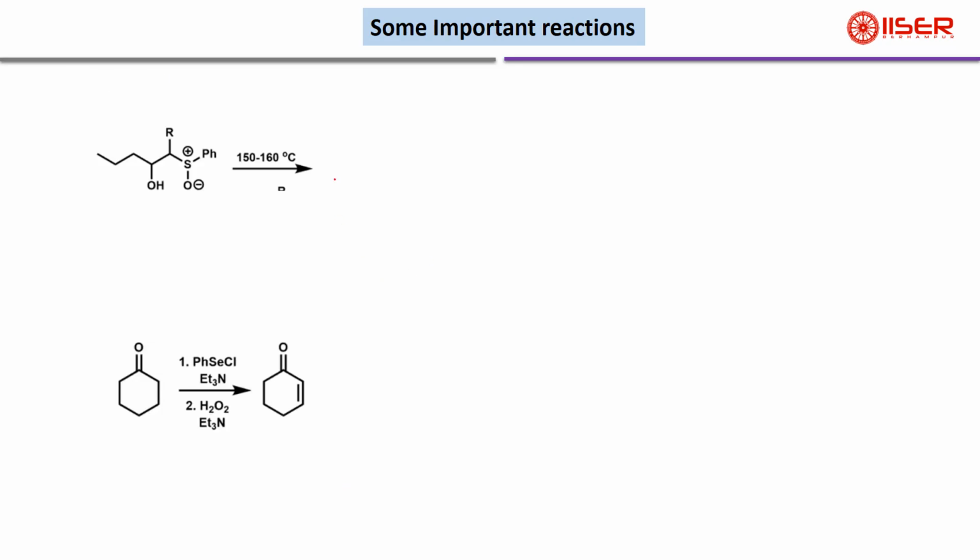So let's see what will be the correct answer for this question. So there is a hydrogen available here, so it undergoes an Ei type of elimination. It comes here. Sorry. There is a hydrogen available at the adjacent carbon. So this will take a proton here. So the correct option is